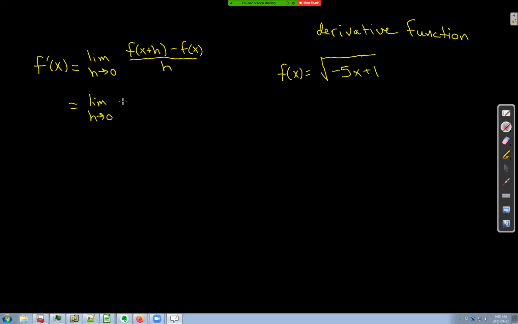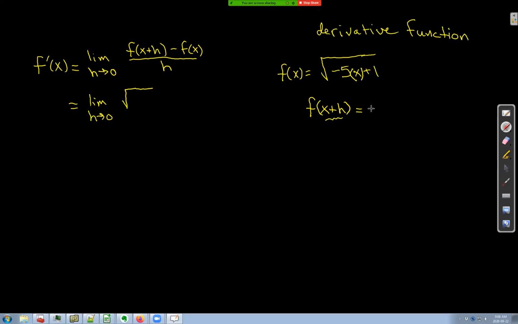Maybe I should write it over here to be more clear. It's going to be the same f function, but everywhere I see an x, I'm going to replace it